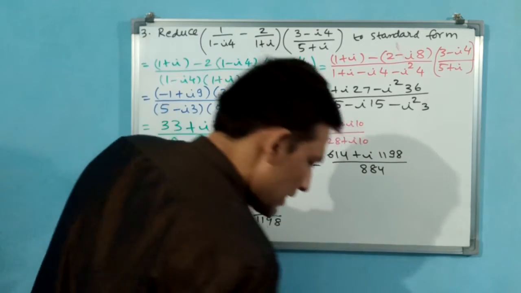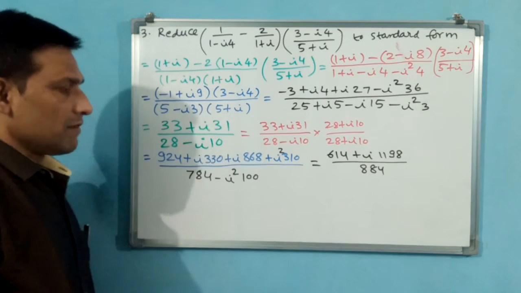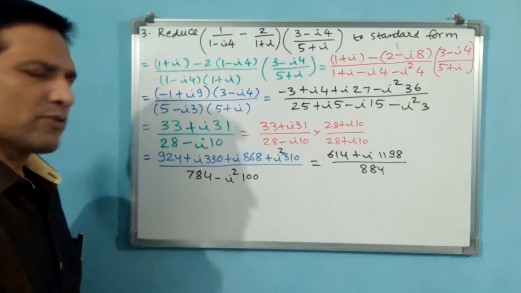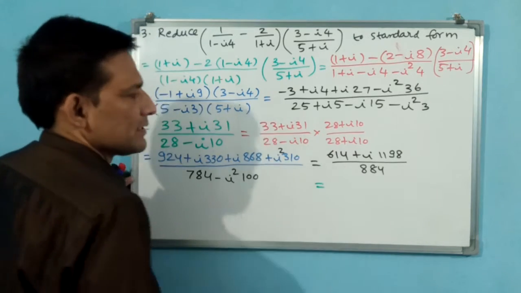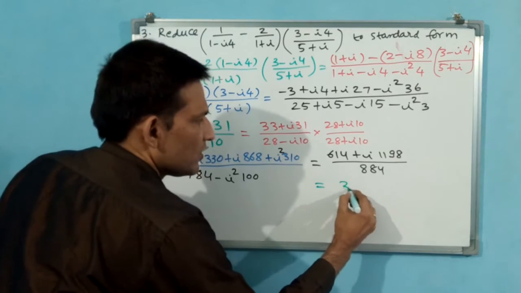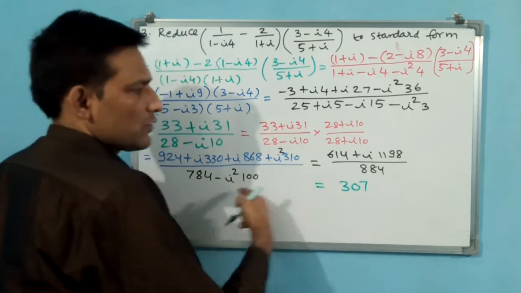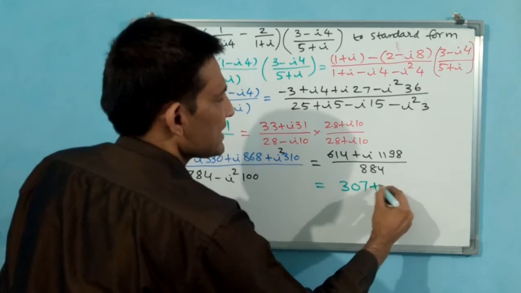884. Now you have got the answer. Okay, but it should be reduced. Why? Because you take 2 common. That means divided by 2. If you take 2 common, 2 30s are, 2 7s are. Okay, I have taken 2 common. In denominator too, 2 I will take and cancel out each other.